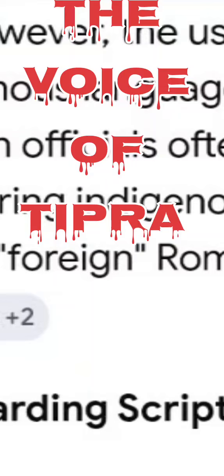While the 8th Schedule of the Indian Constitution recognizes 22 languages for development, it does not explicitly restrict the script that can be used for a language to be included. However, the use of Roman script for indigenous languages is contentious, with officials often arguing against it, preferring indigenous or native scripts over the foreign Roman script.